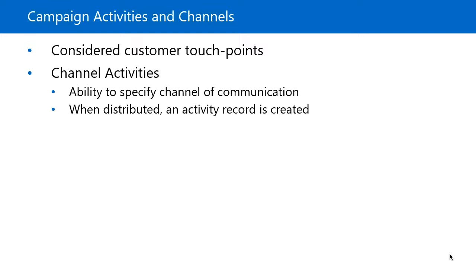For example, when an email campaign activity is distributed, an individual email can be sent to each of the members of the marketing list and appear as if they've been sent from the users responsible for each contact record. When a phone call campaign activity is distributed, phone call activities will be created and can be assigned to the